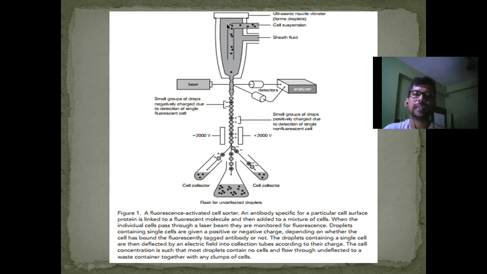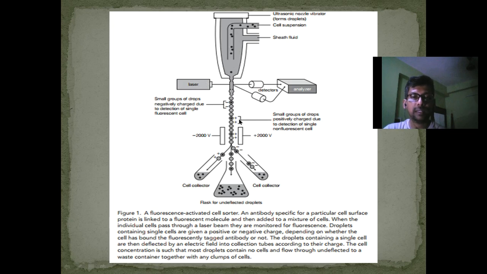So there are many types of cells, like 5 types of cells, A, B, C, D, E, with specific characteristics, criteria, etc. The individual cells pass through this laser beam, here is the laser,